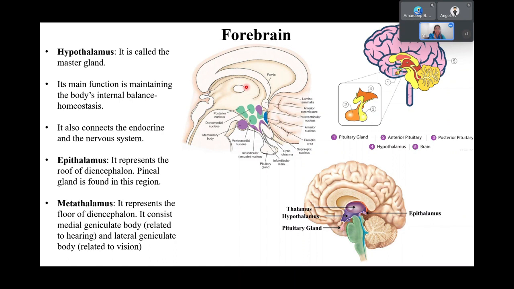Beyond the hypothalamus, you also have two other parts, the epithalamus and the metathalamus. These also have very specific roles. For example, here you can see that the epithalamus has something called the pineal gland, and the pineal gland is responsible again for important characteristics, like for example,